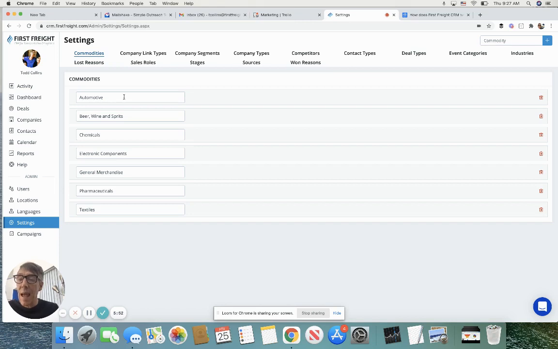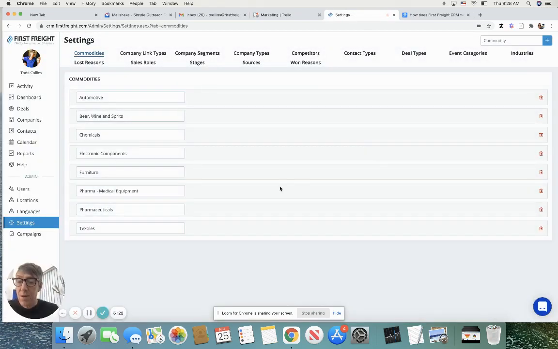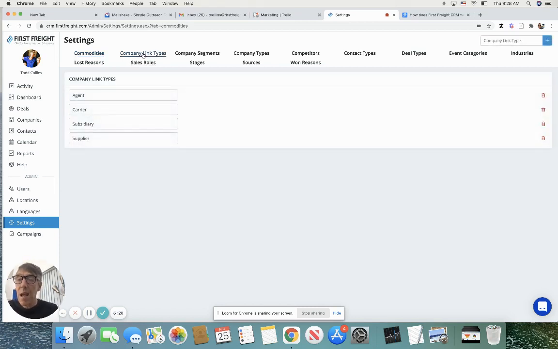You can easily add, edit, or delete anything in the commodities, for example, or you can quickly change it, very easy. If you want to add a new commodity, always in the upper right-hand corner, add one in there. We'll say medical equipment. And then it shows up in the list here. So very easy. And then you can go through each of these and adjust the drop downs if you like,